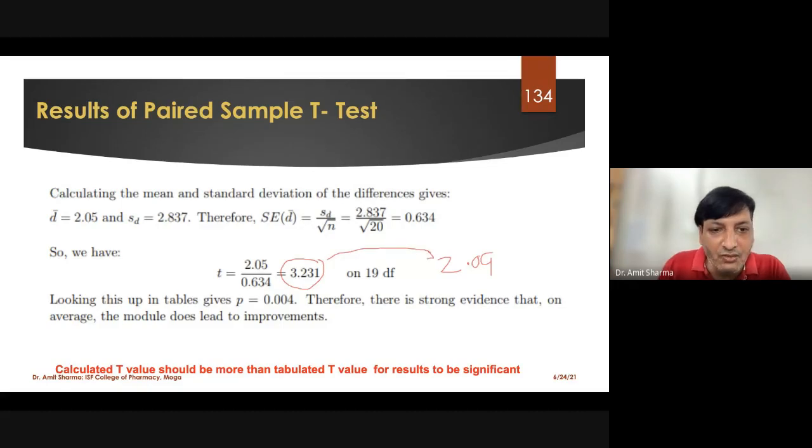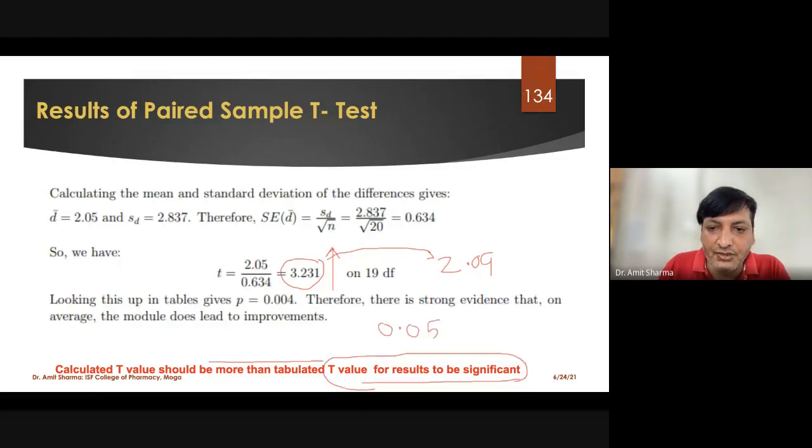Clear? Now what the rule says, what the standard says, the calculated value should be more than the tabulated value. Our value should be more than the tabulated value. That means our this score should be more than this one for the result to be significant. And here we have proven that our value was found to be 3.2, which is more than 2.09, and we can say that our result was found significant, and our p value is less than